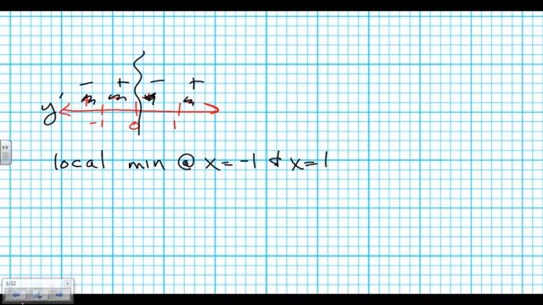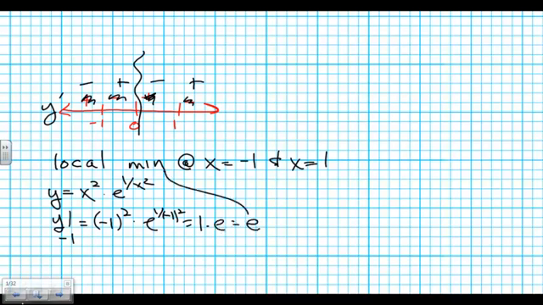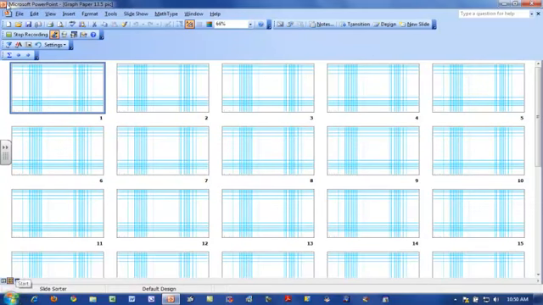Actually, we can calculate it. Since y is equal to x squared times e to the 1 over x squared, the value of y at -1 is equal to -1 squared times e to the 1 over -1 squared, or that's 1 times e, or e. And so both of those minimums are e. All right. So that's number 3. Well, it's certainly harder because of